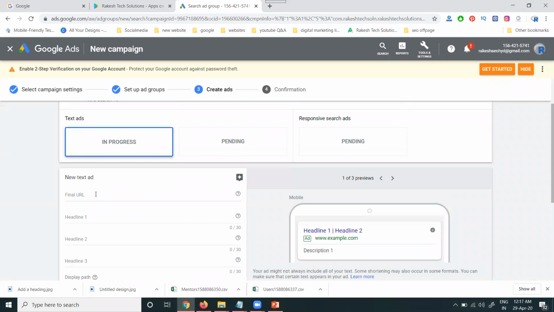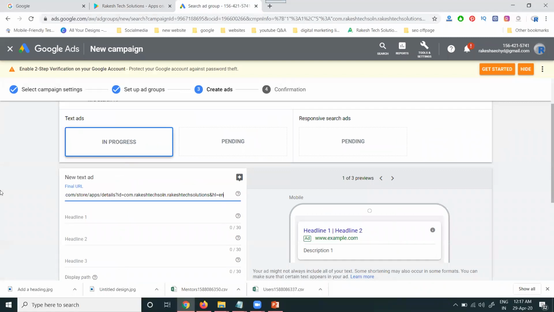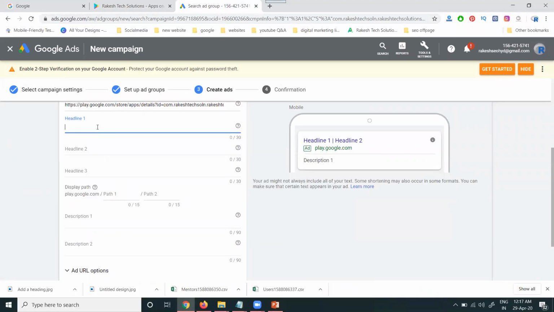Now, I'm creating the final URL. Finally, don't give the website. Give the app URL. So we have three headlines and two descriptions.